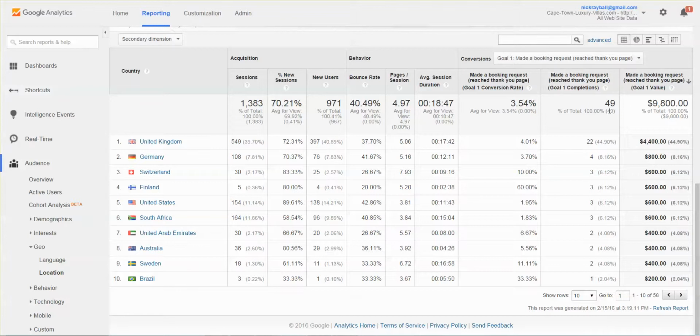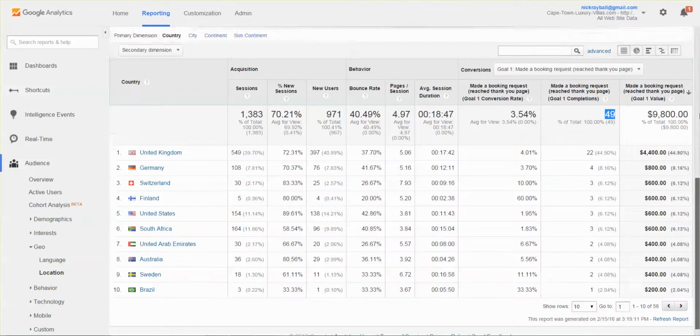There were more than 49 requests last month, because this is 49 through the booking system. It's not including telephone calls, and it's not including direct emails either. Okay,